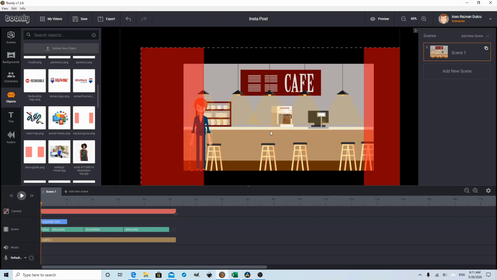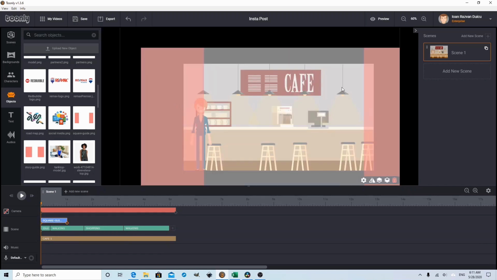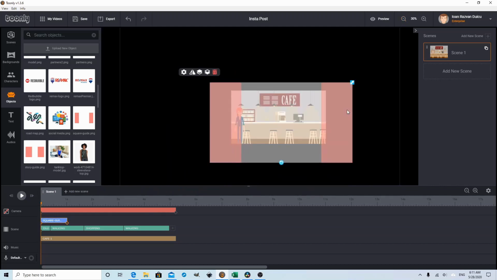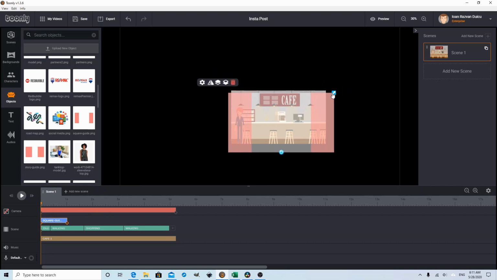Now, when you import the guides, please import them into the objects so it gives you more control over them and you can still have the background scene. Once you bring the object into place, you will notice that it's much larger than the screen itself. So by using the magnifying glass here, we're going to make it smaller to be able to see what we're doing, and we're going to shrink it to fit